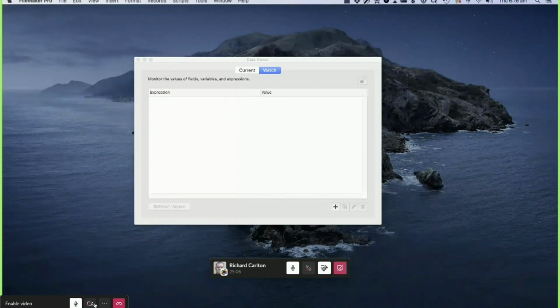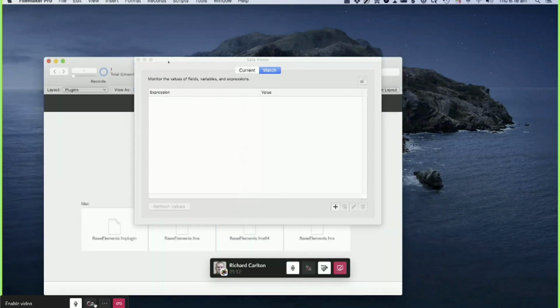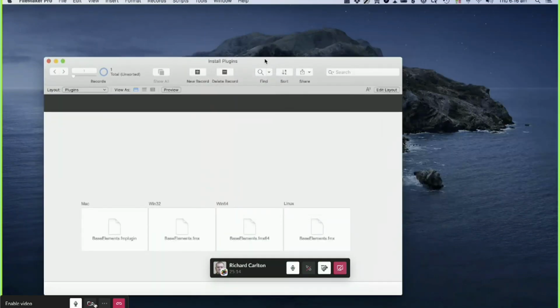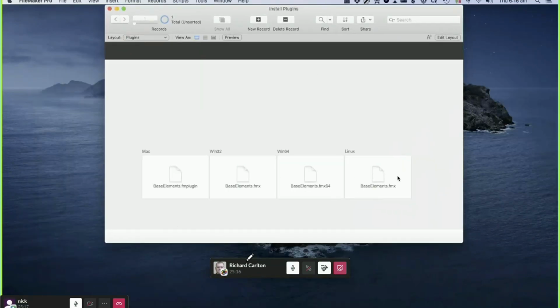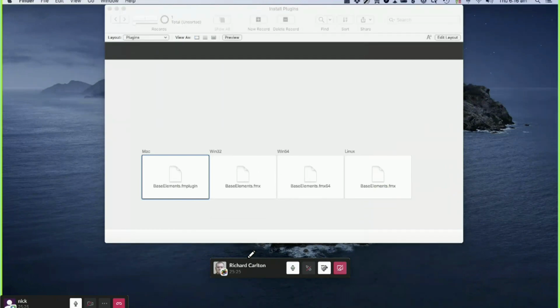If you've never used a plugin before, some of this can be a little bit confusing. So the plugin essentially is, there's a plugin file. I'll show you this little file here. This has got a set of container fields, just one for each platform. So these are the plugin files themselves, and they get installed in various places in FileMaker Pro, but also in